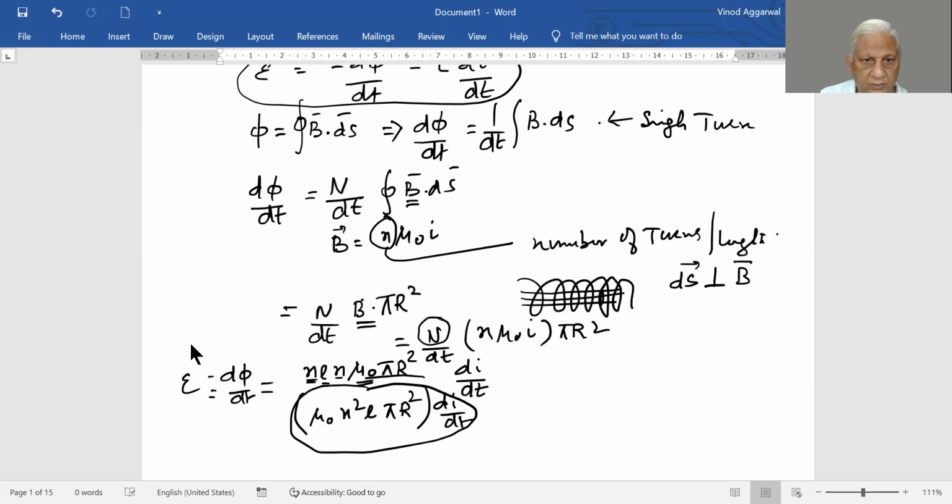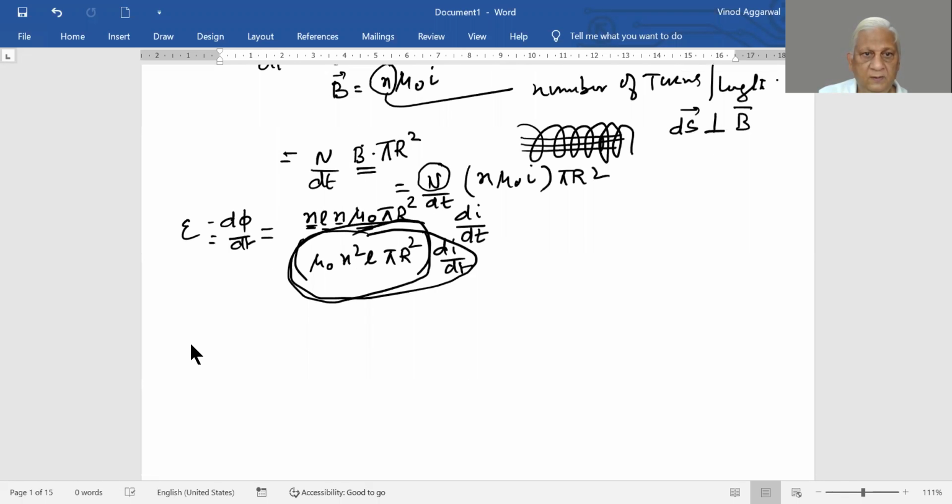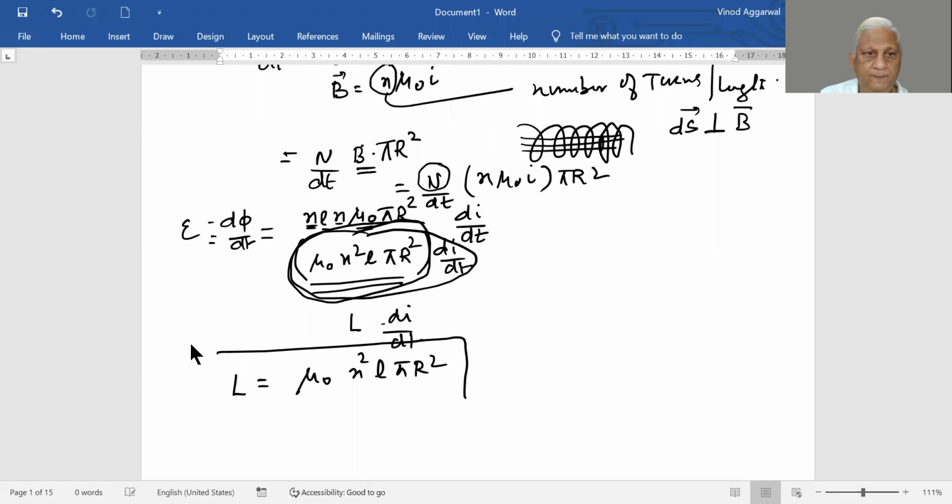Then this portion is our inductance. So our L is mu naught n square l pi r square in case of a solenoid,